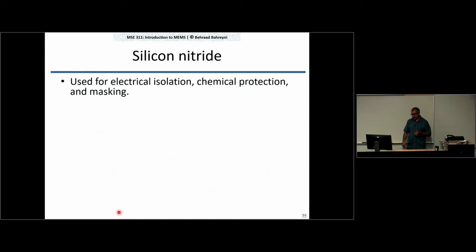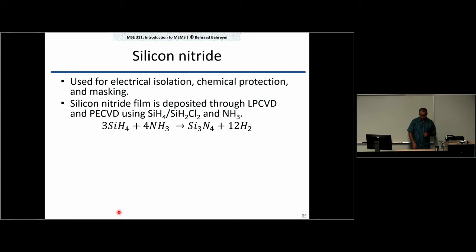So among the materials that are more commonly deposited using CVD is nitride, silicon nitride, which is used similar to silicon dioxide for isolation and chemical protection and so on and so forth. Compared to oxide, silicon nitride is more chemically stable. It is harder to remove. It is harder to etch. So in some situations where silicon dioxide may not provide the chemical protection you need, you may choose to use nitride. It can be deposited from a